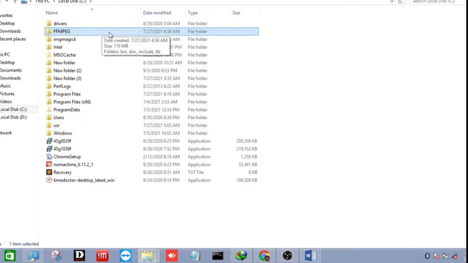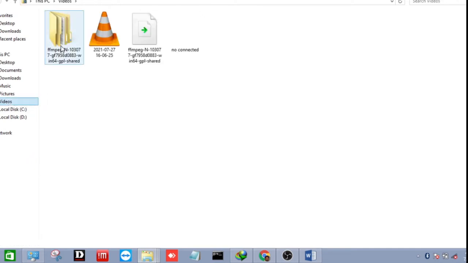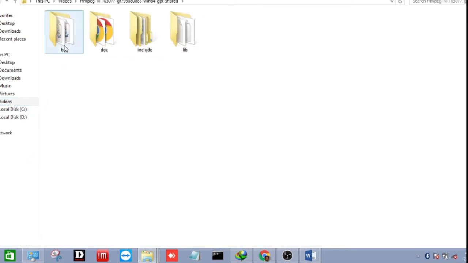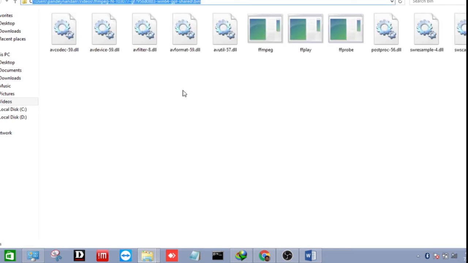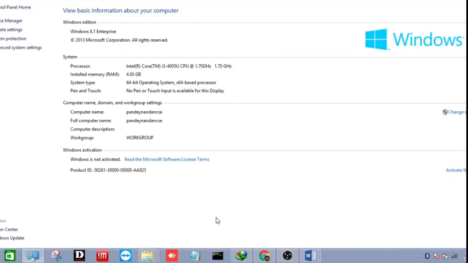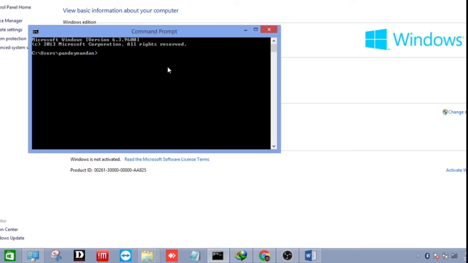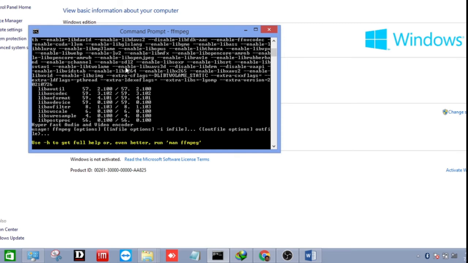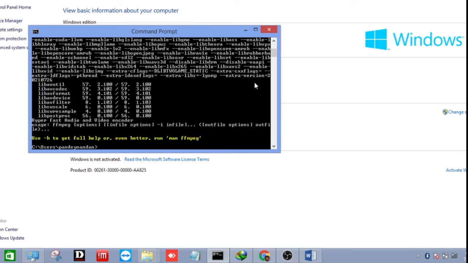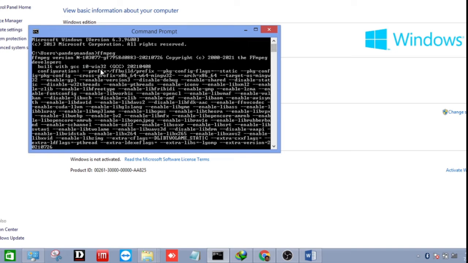Instead of creating a new folder in the C drive, what you can do is provide the bin path from here also. So actually the concept is you have to provide the bin path of FFmpeg. So you can provide also this bin path, and if it is successfully installed, then you can verify it from the command prompt. Open the command prompt and type ffmpeg, and now you can see, yeah, so if this is the output, then it means you have successfully installed, right? You can see that the FFmpeg version is identified.